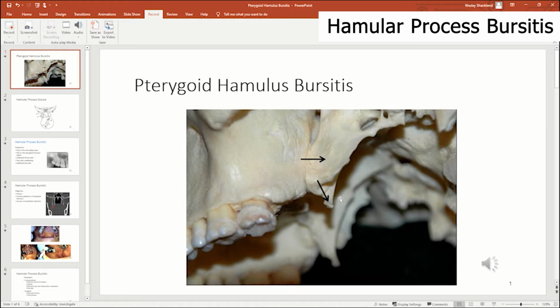medial pterygoid plate. That's the little fulcrum that the tensor veli palatini muscle winds around to tense your palate so when you swallow liquids or solids, they don't come out of your